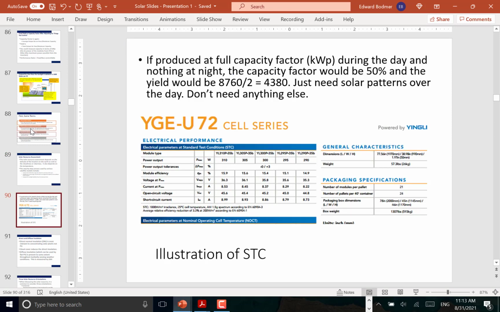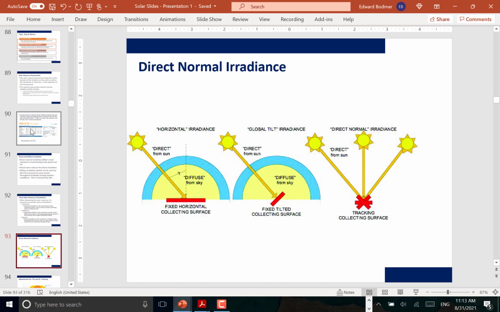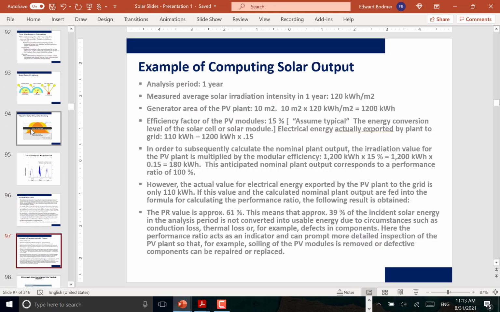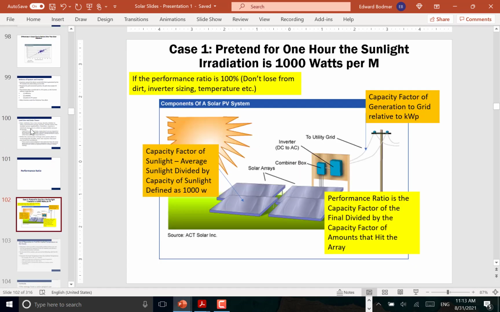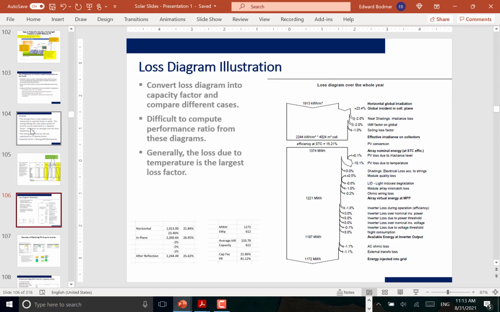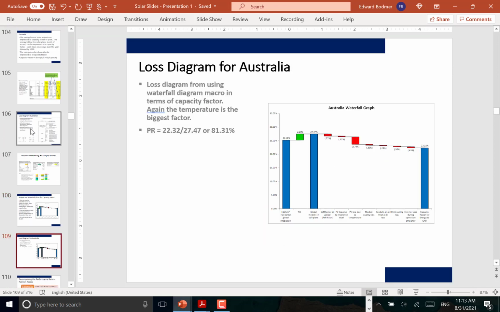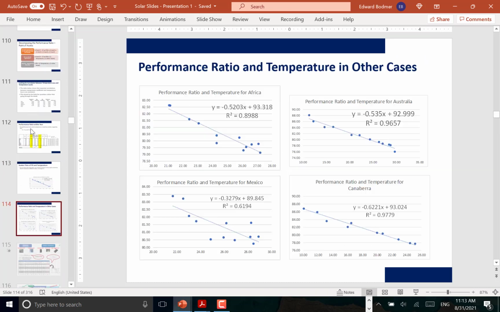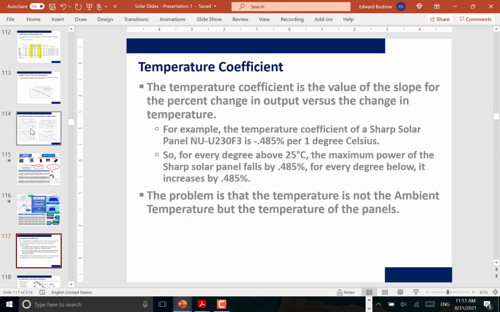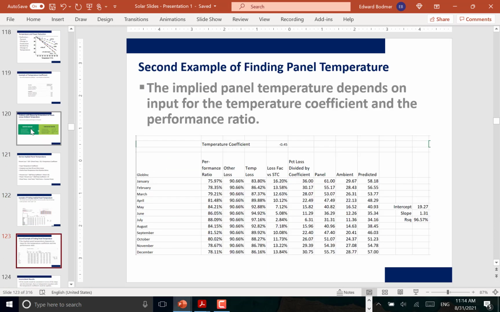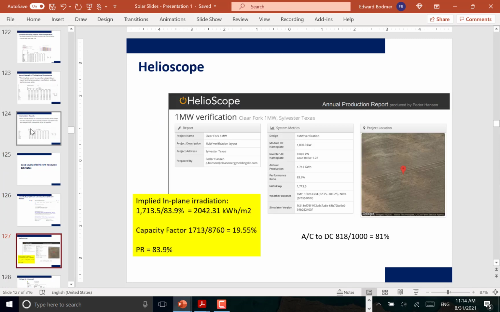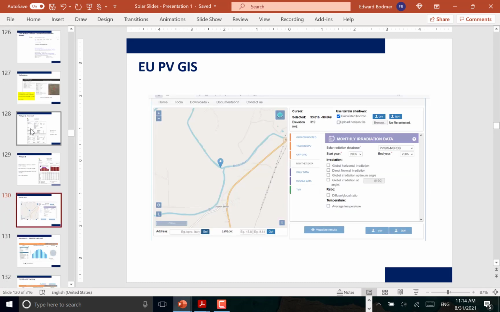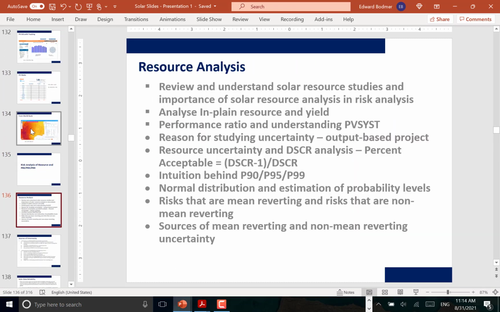We're going to talk about what different kinds of radiation are, how the tracking can affect the output. We're going to talk somewhat about the performance ratio and how to interpret one of these things, and how the performance ratio is affected probably more than anything else normally by the temperature, and then work through some of these temperature coefficients. And then we'll go through this case study in Texas, where I got very, very different numbers depending on, not numbers for the initial solar resource, the initial resource that hits the solar panel, but the performance ratio,